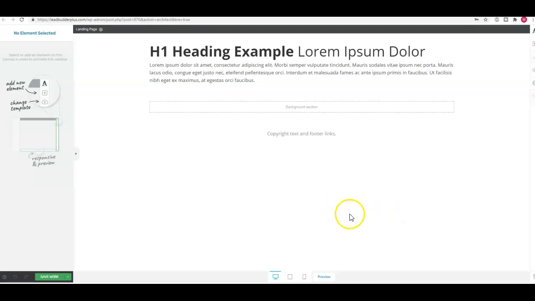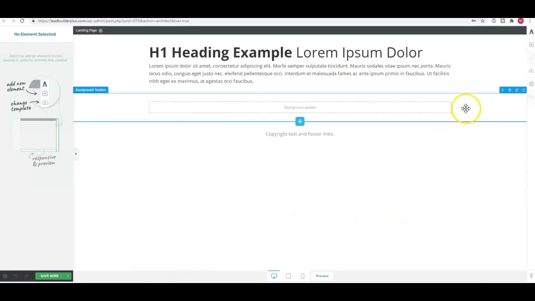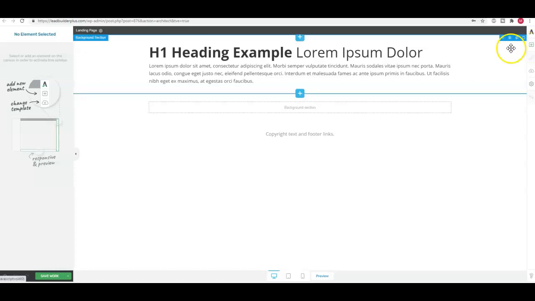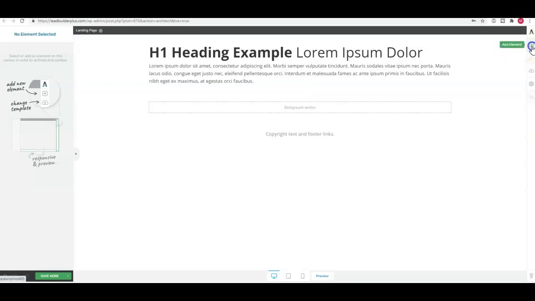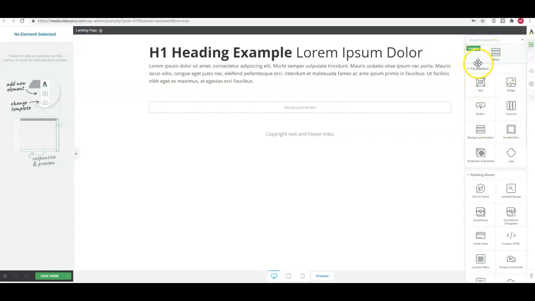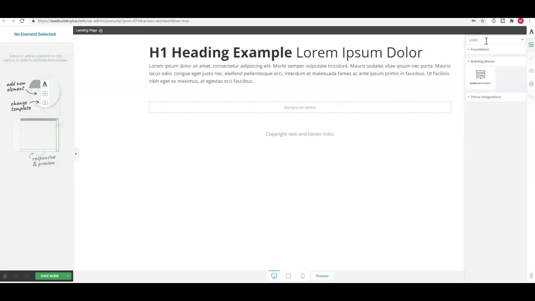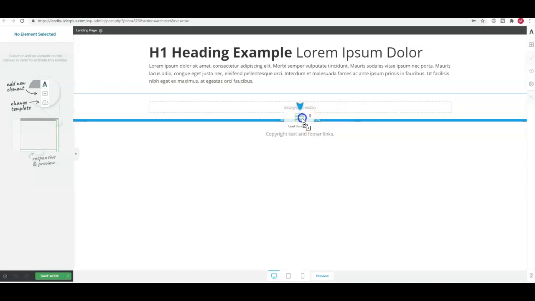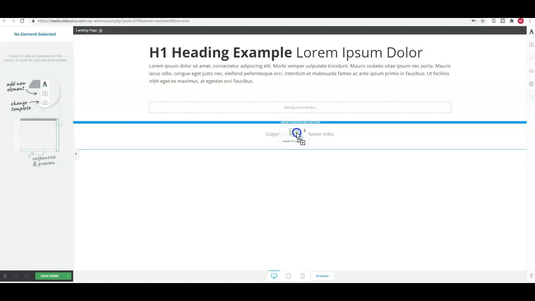So this is our page. And the next thing we're going to do is go up here to this Add Element little symbol here. And we're going to type in leads because we're creating a lead generation form. That's what a landing page is, isn't it? So what we want to do is this icon here. This is going to be the box that people will sign up in. So we just want to place it above the footer,